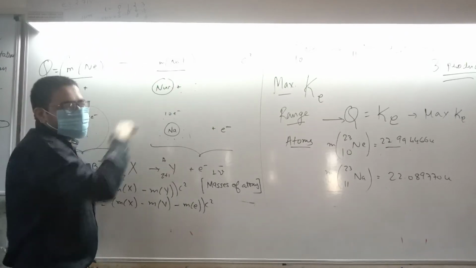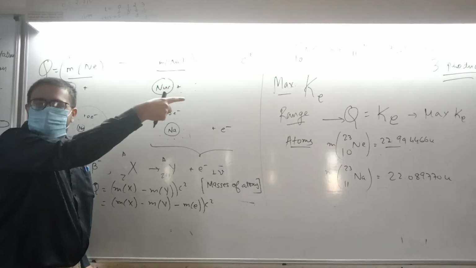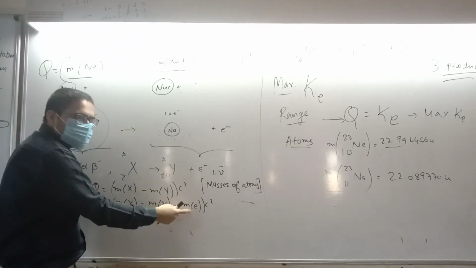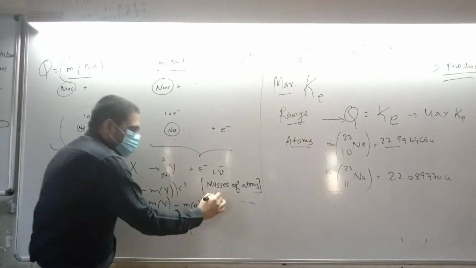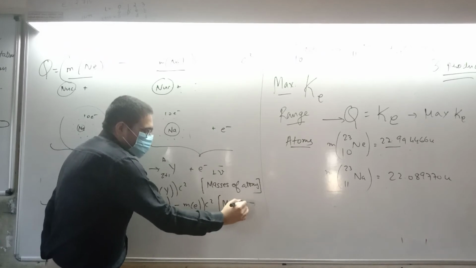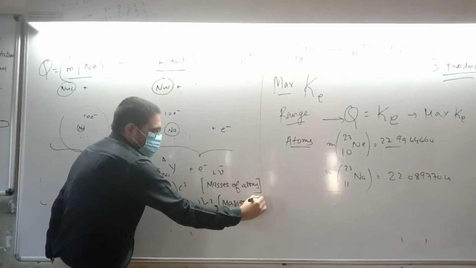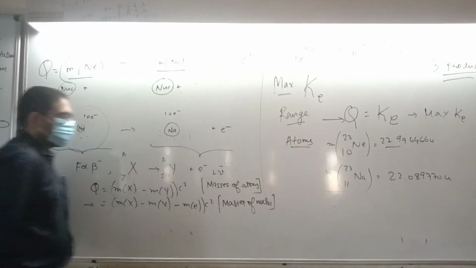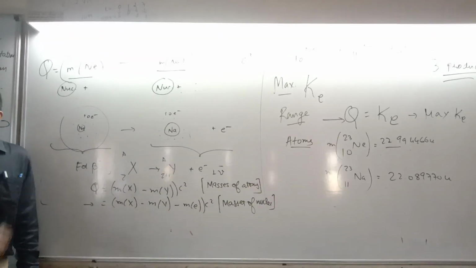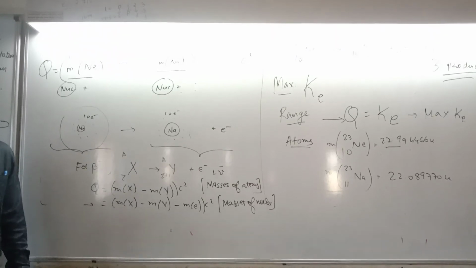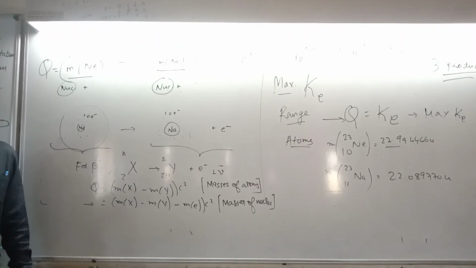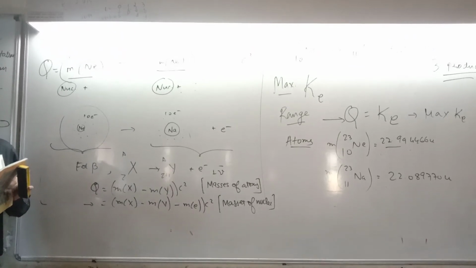But now that extra electron will not come. It is not here, but that one extra. So you should write minus m. This is actually simpler in my opinion, but your book writes atoms, so I have to clarify. Understood this? There are two ways. I don't know how it will come in the exam. Got it? So read the question carefully. If nothing is given, atoms. Remember that because the book says so. Got it?